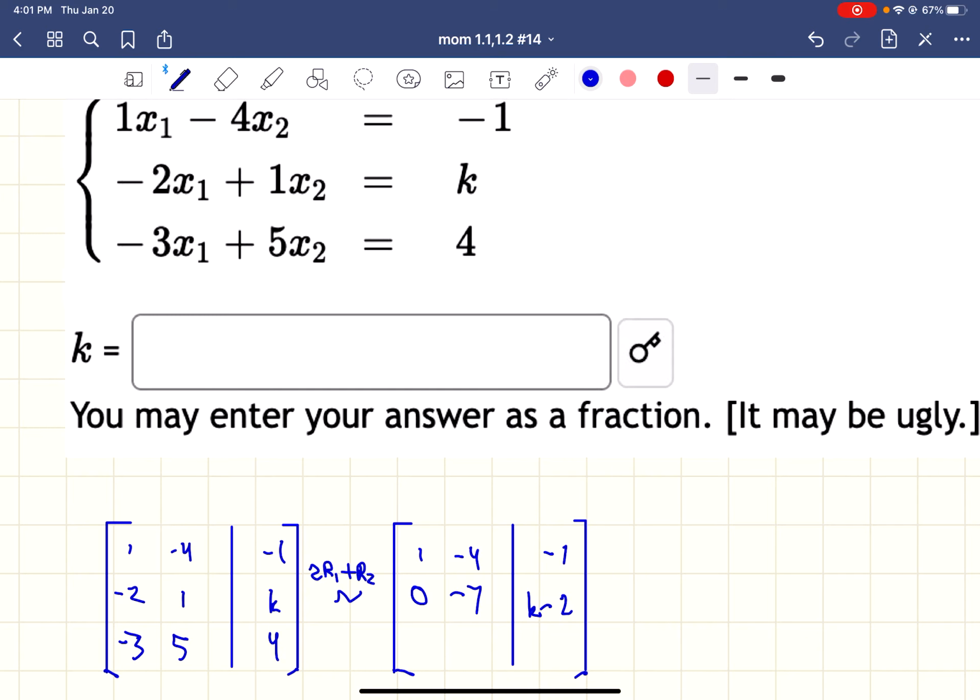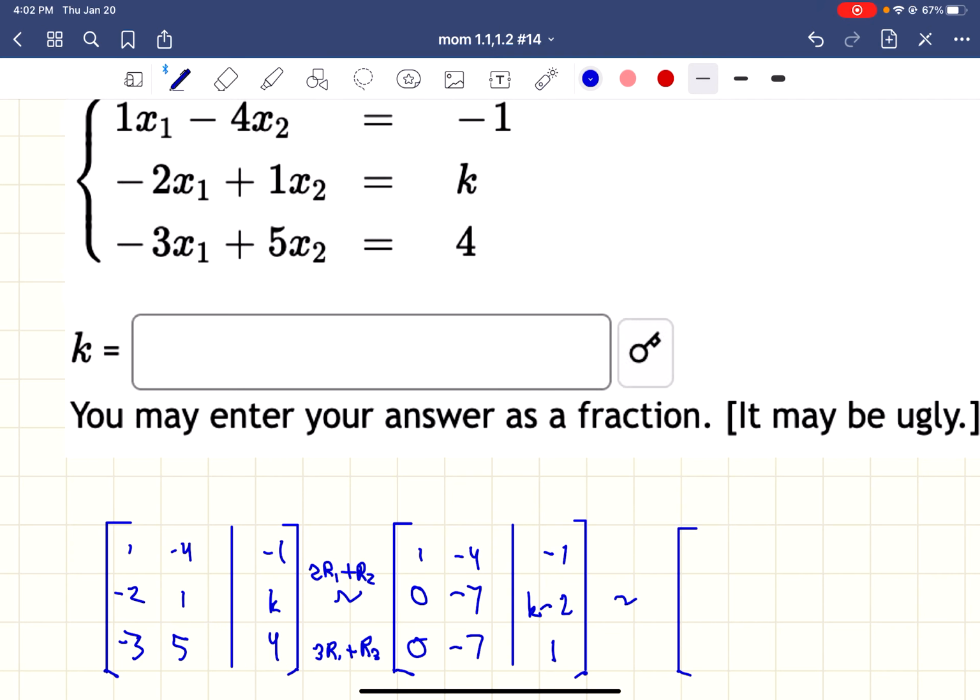And then this was a -3, so we're going to do 3 times row 1 added to this third row, row 3. So 3 plus -3, -12 plus 5, and we immediately notice that the -7 is the same there. That's interesting. And then 3 times -1, -3 plus 4 is 1. And we actually could interpret what we have at this point, but we'll go ahead and finish by